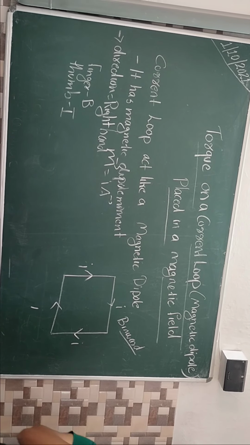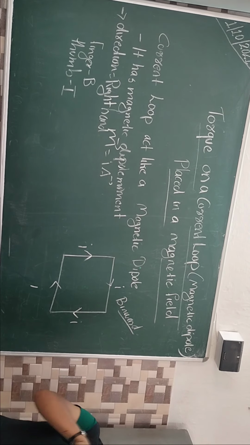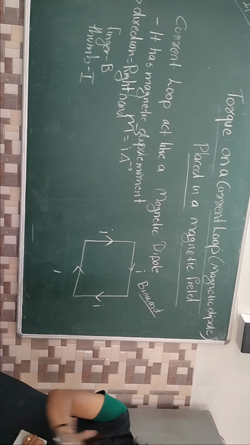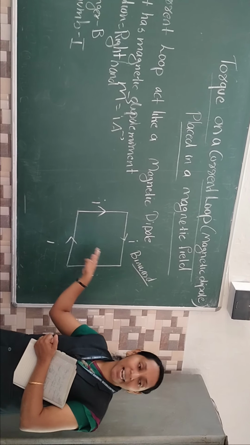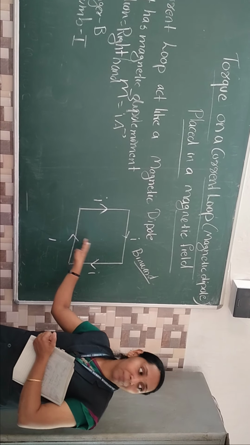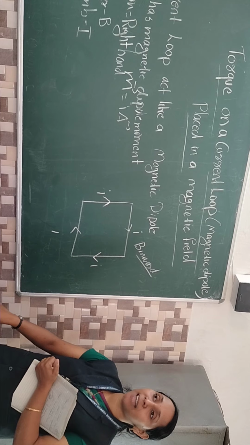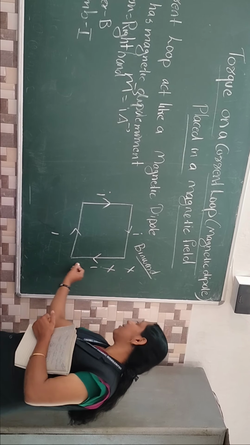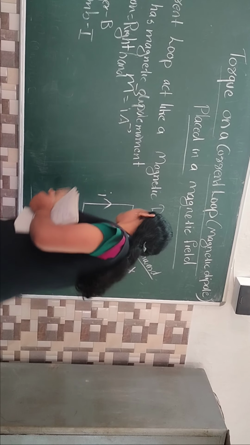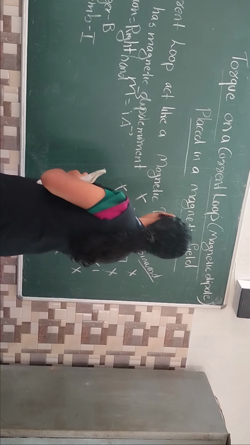Yesterday we had to create a magnetic dipole. We placed a circular loop as a magnetic dipole in the field. What did we do today? In the rectangular loop we gave current, and the loop behaves like a magnet. That magnet has a magnetic dipole. That magnetic dipole direction is inward. Clear, everyone? Yes. This is in the uniform condition.